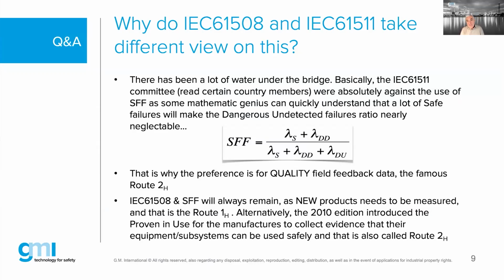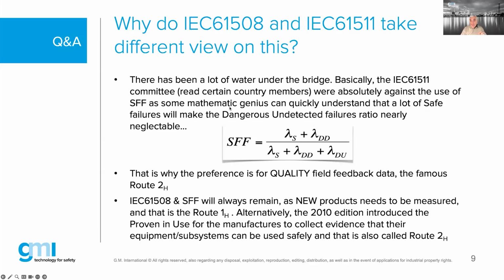And the main reason is the 61511 committee members said, we don't trust safe failure fraction from the vendors. And the main reason, and I actually put it here black on white on paper, is that there has been a lot of water under the bridge, in other words, a lot of conflicts, a lot of, let's say, fights between those specific groups, basically the 61511 committee, read between brackets certain country members without mentioning them, who were absolutely against the use of safe failure fraction because they knew, and they were correctly acknowledging